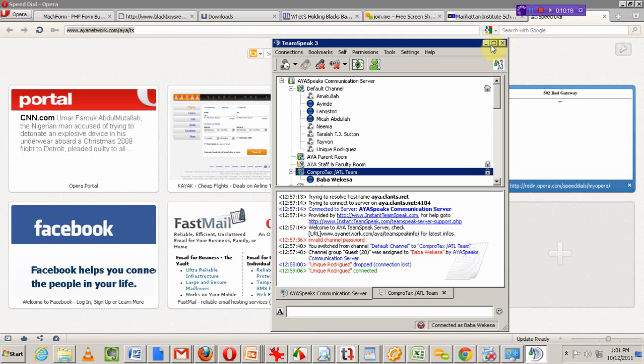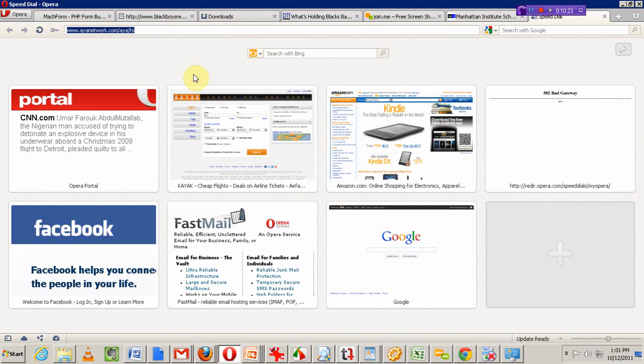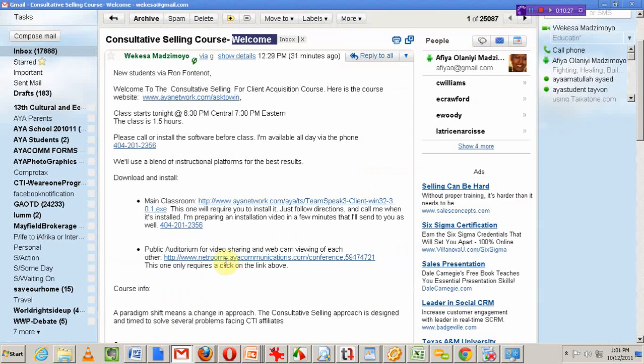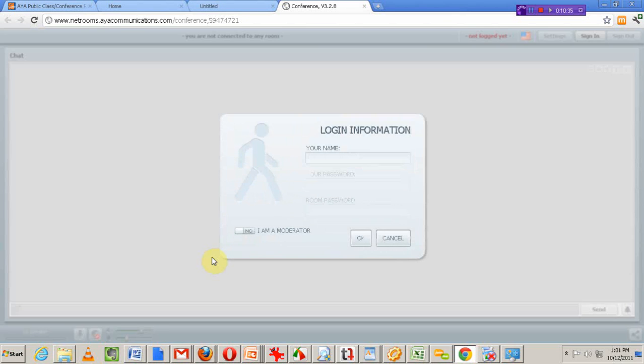But now let's go to the platform. We're just going to minimize this. Let's go to the platform, back to your email, okay? Because your email gives you a link to another one, the public auditorium for video sharing. So we're going to click here, and that's all you do. You click on that. Now, then you put your name again. So let's put Baba Wakesa. Okay, you can put it in caps and that kind of thing. All right, now here,